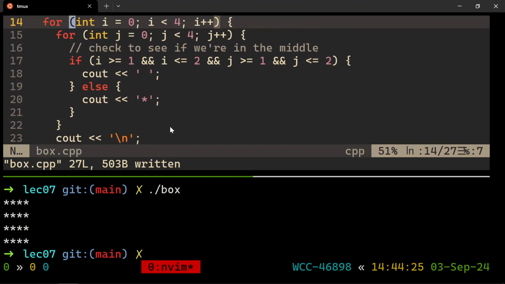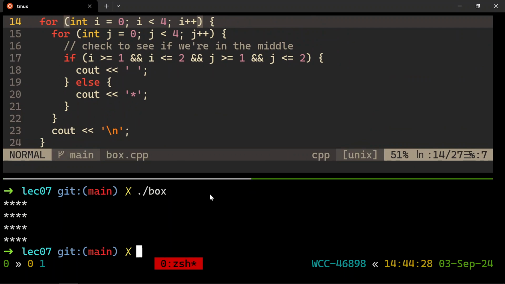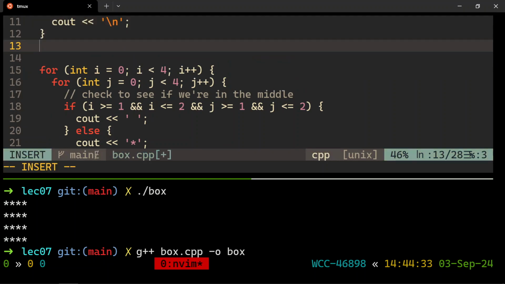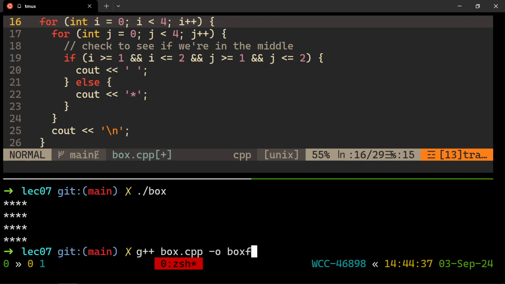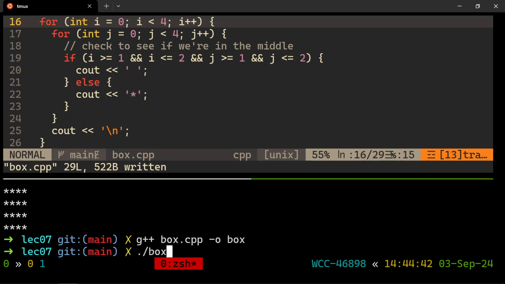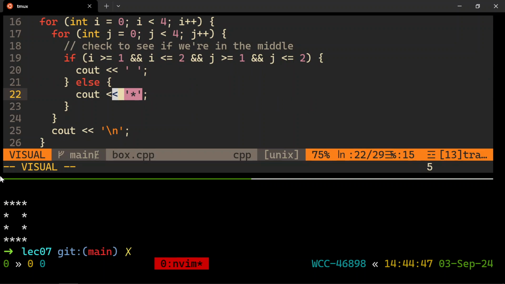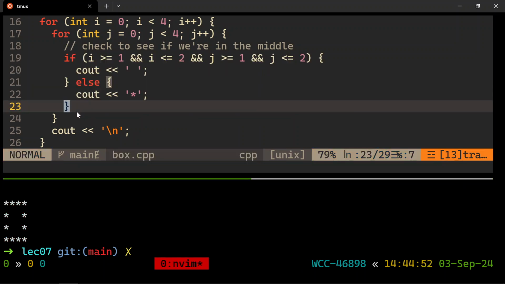Can I show you the entire code? I'll have to zoom out to do that, I think. There you go. Let's put a new line in between the boxes, because we drew another box up here, didn't we? There we go. Oh, shoot. I've got to save it still. Now I can do it. There it goes. All right, so if we're in the right range, print a space. Otherwise, print a star. And that's checked on every line before we draw a space or star. All right. Any questions about why that works?